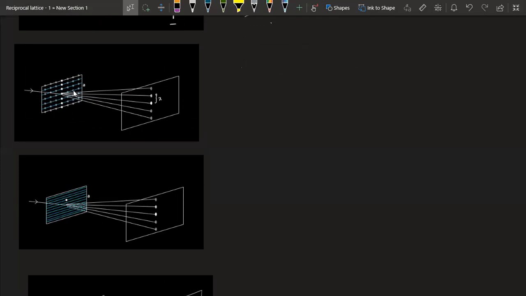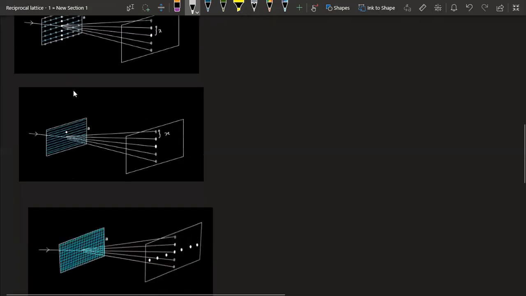We see only these lines, and due to the separation between these parallel lines, we get these dots here. The only thing that the separation between these dots depends on is the separation between these lines. So in the 3D case, it will be planes; in the 2D case, it's just lines. This is exactly similar to a diffraction grating. So we only consider these lines, the light falls on them, and we get diffraction spots. As the separation between these lines goes down, this X value, the separation between these diffraction spots, will increase, and vice versa.